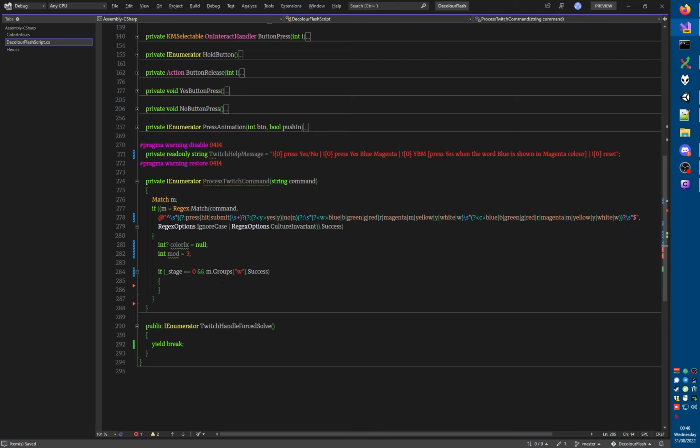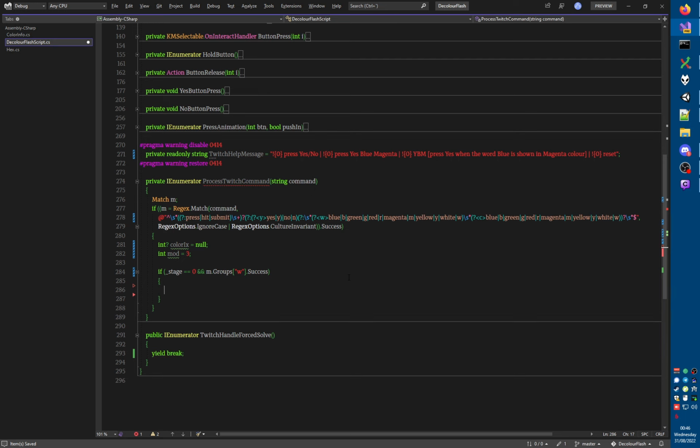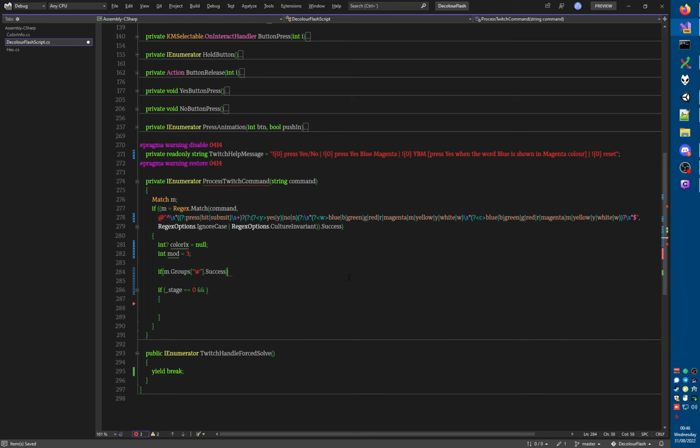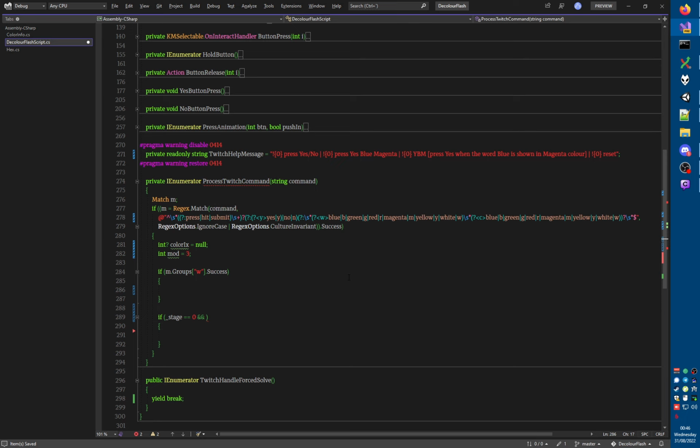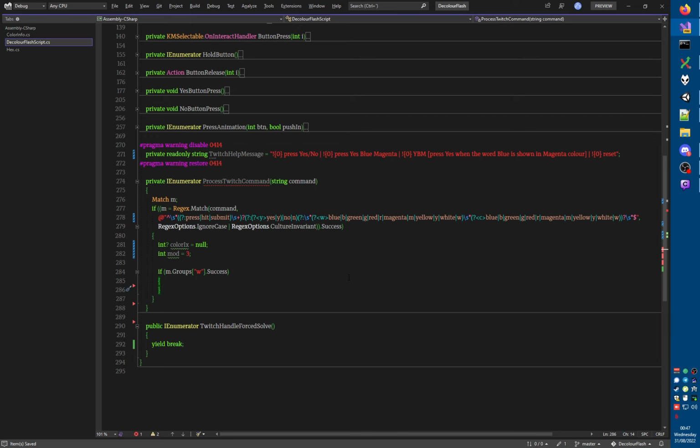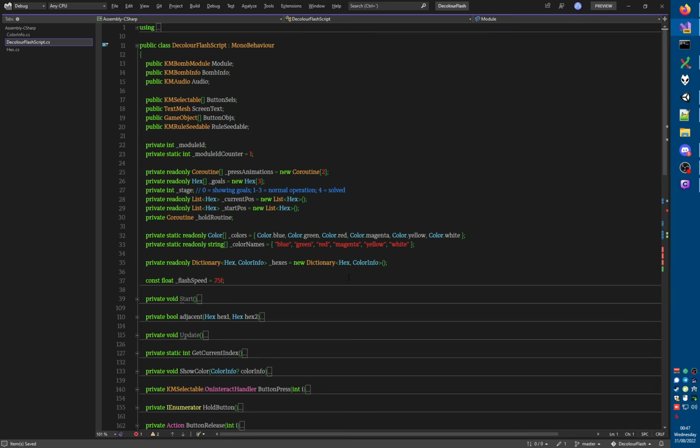So if stage is 0 and we've specified something, then we want the color index to be equal to, let's see, actually, now that I think about it, we need to determine this regardless of what stage it is. Actually, the only thing that changes depending on stage is the modulo, I think. Well, we'll see. So if we've specified a color, we first need to decode what color it is, right? Because at the moment,